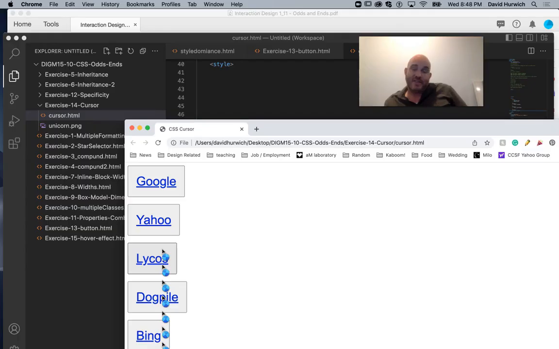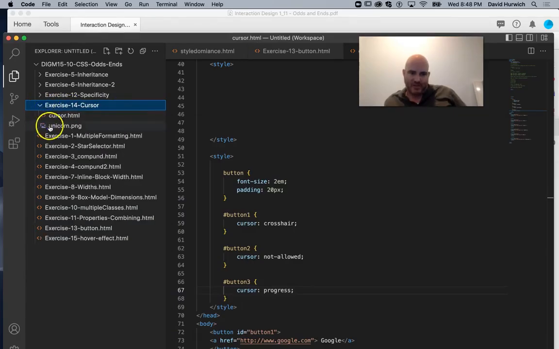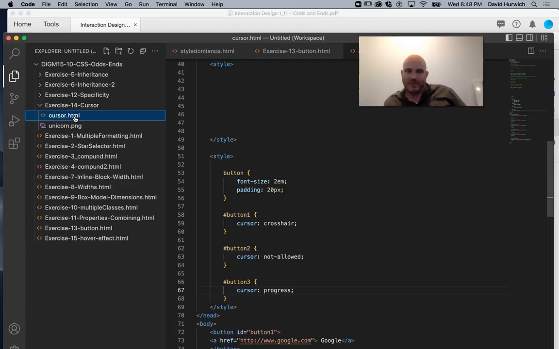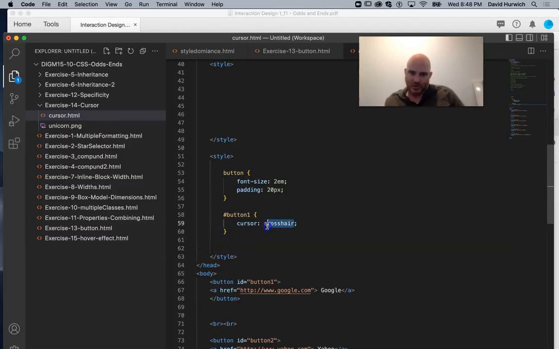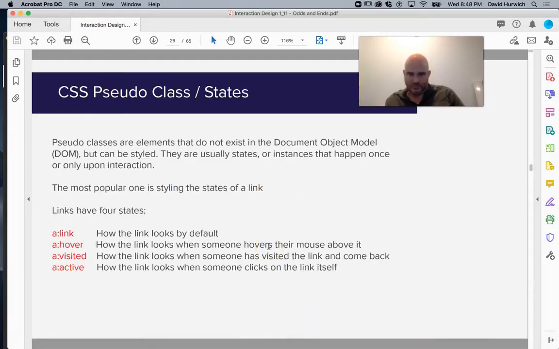circle here. In fact, you can make your own custom cursor. So here in this example, I actually have a little picture. And this is going to become my custom cursor. So I'm going to go back, get rid of this, and let's do cursor. And if you want to have your own custom cursor,